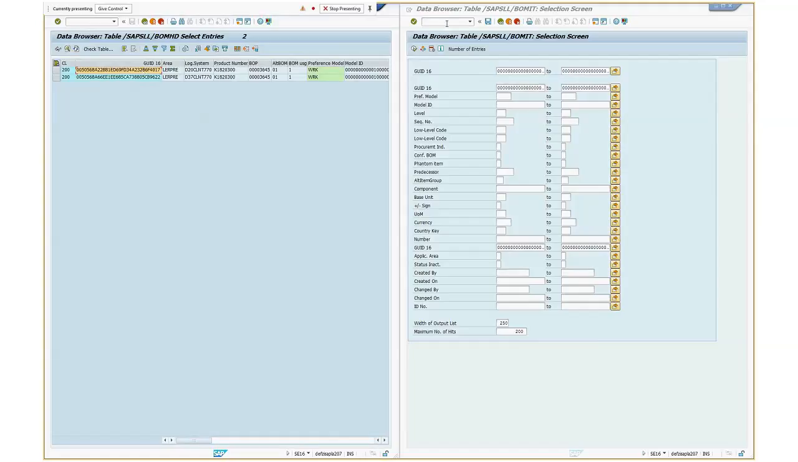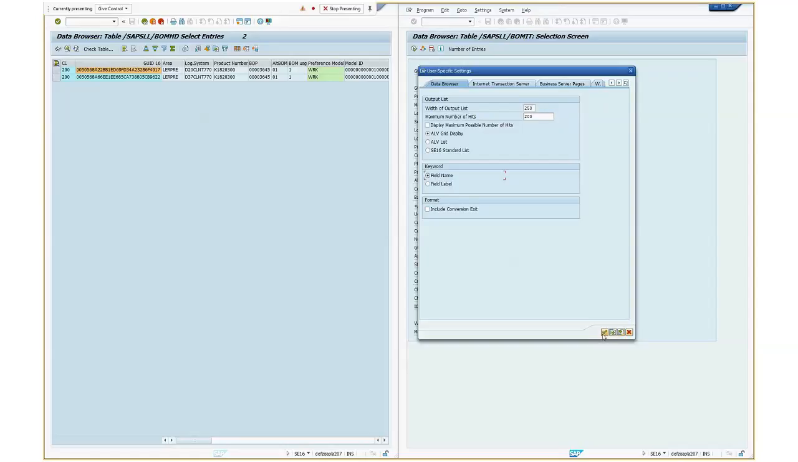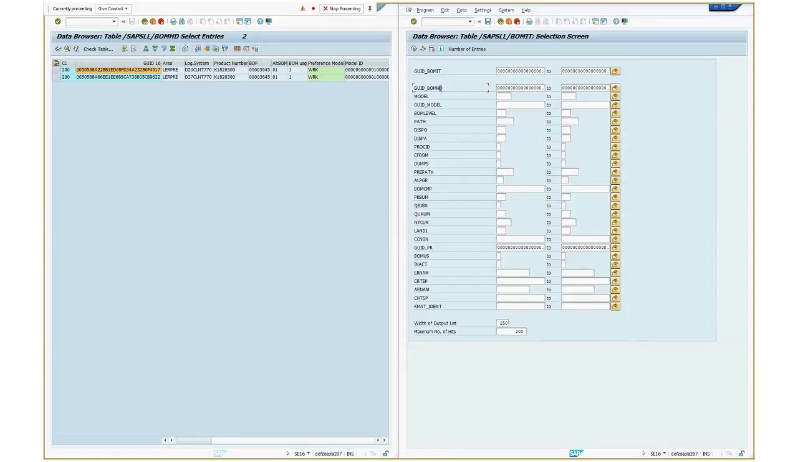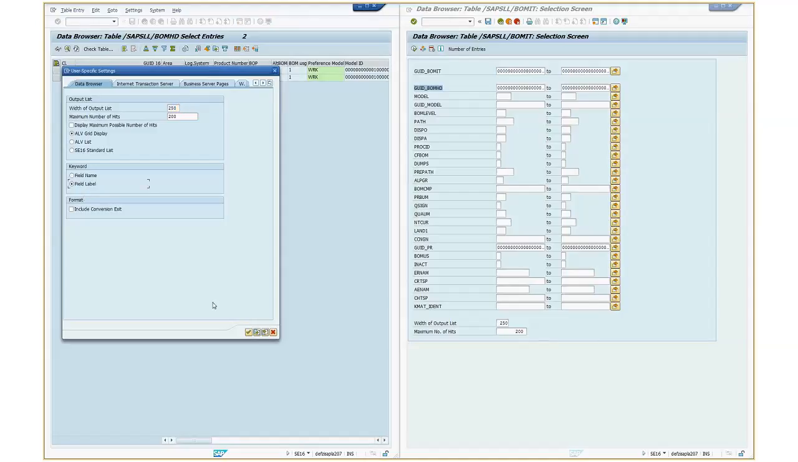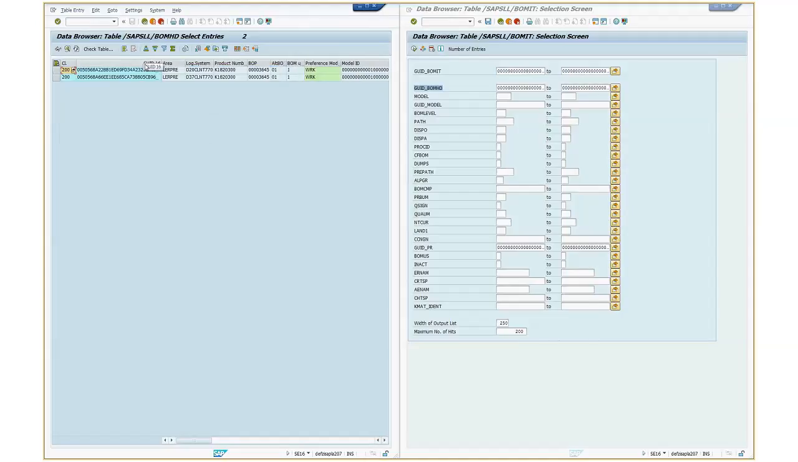thinking, let's see if I, let's look at the actual field name. Okay, so like this one, I'm sure if I look at, oh, there we go. If I look at the technical information for both fields,